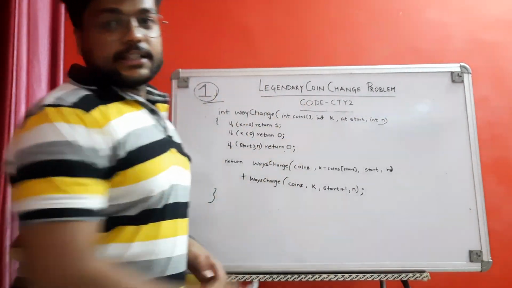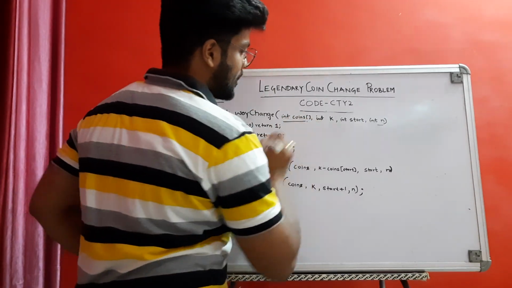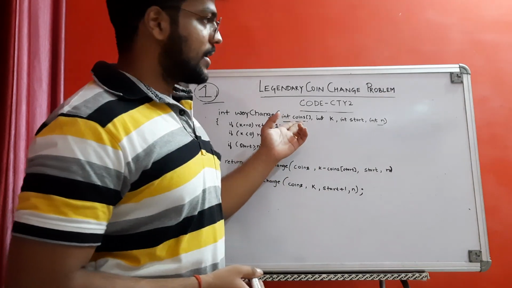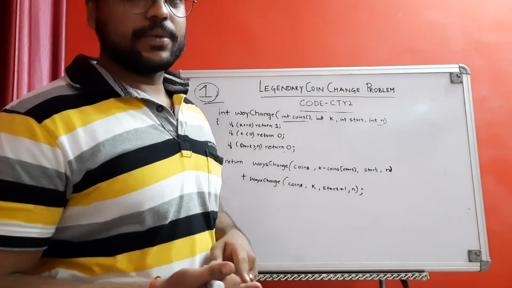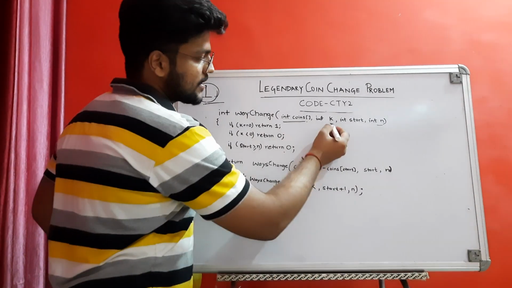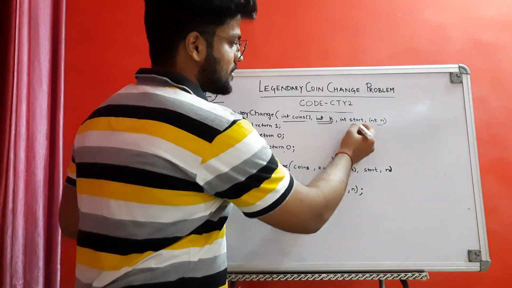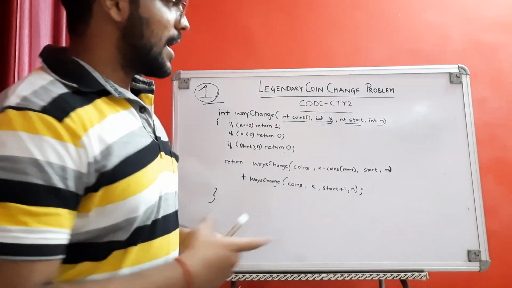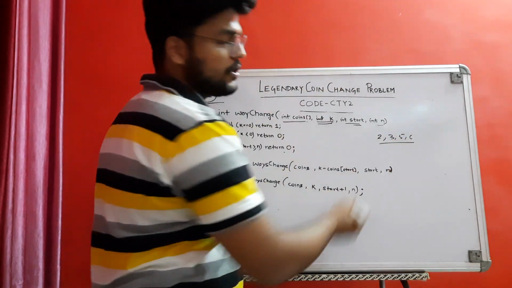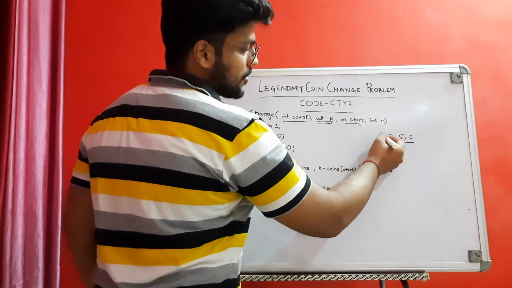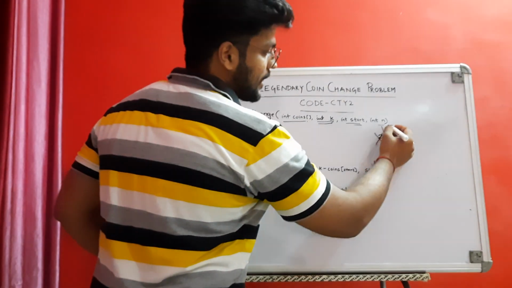So this is the code for the recursive approach of the problem, so let's see. Integer coins, we have a coin array. This coin array has n denominations, like 2 rupee, 3 rupee, 5 rupee, 6 rupee, and you have to make the sum k from the given coin denominations. And start: I have maintained a start pointer. I have told you that in 2 3 5 6, either you will use 2 or you will remove that 2. If you don't want to use it, how will you remove it? For doing this, I am maintaining a start pointer.